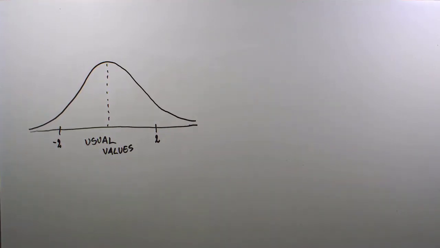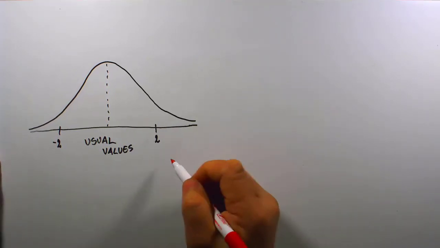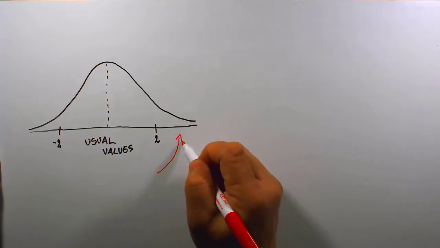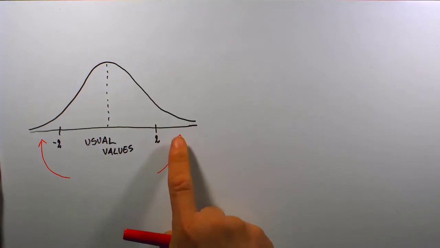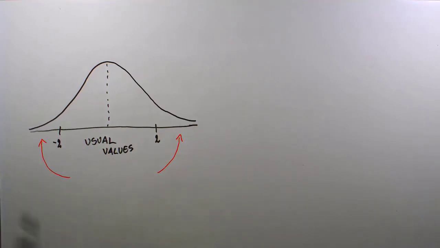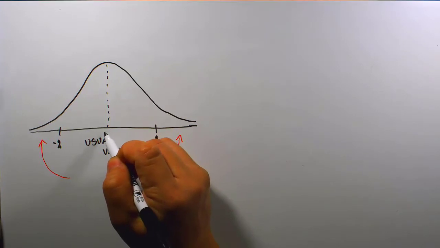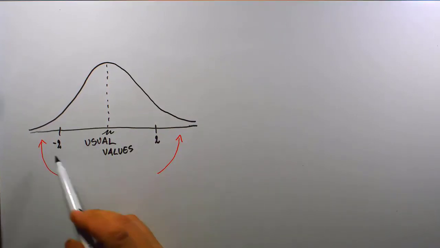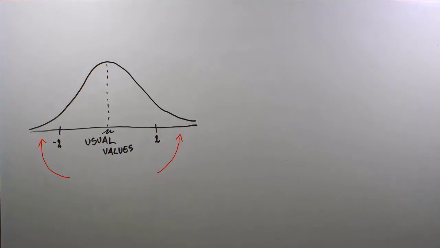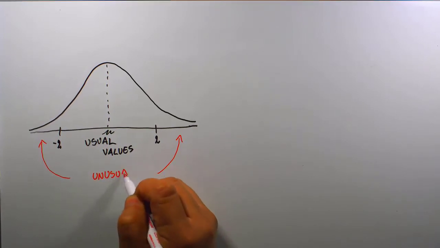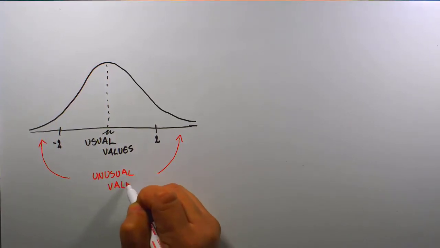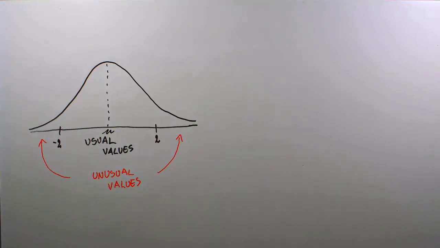And so, of course, those values having a z-score either above 2 or below -2, indicating being 2 standard deviations above the mean, or 2 standard deviations below the mean, are being referred to as the unusual values. And the reason for this is that